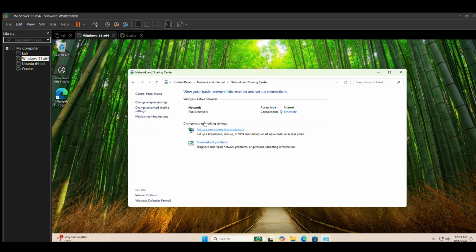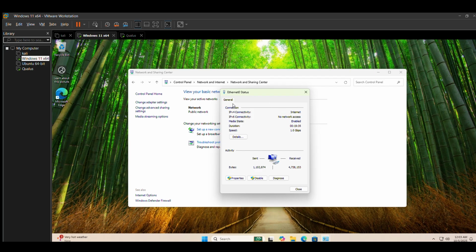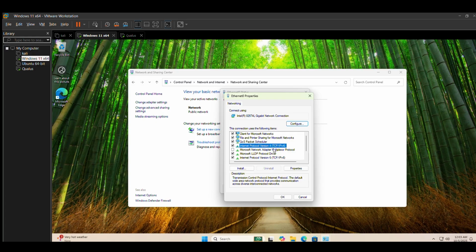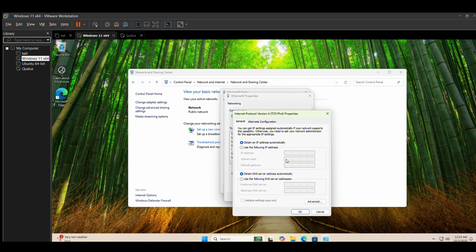After that, we are going to Ethernet. And then we'll go to the properties. After coming down, you will see Internet Protocol version 4, and then we'll check the properties, and then we will assign a static IP